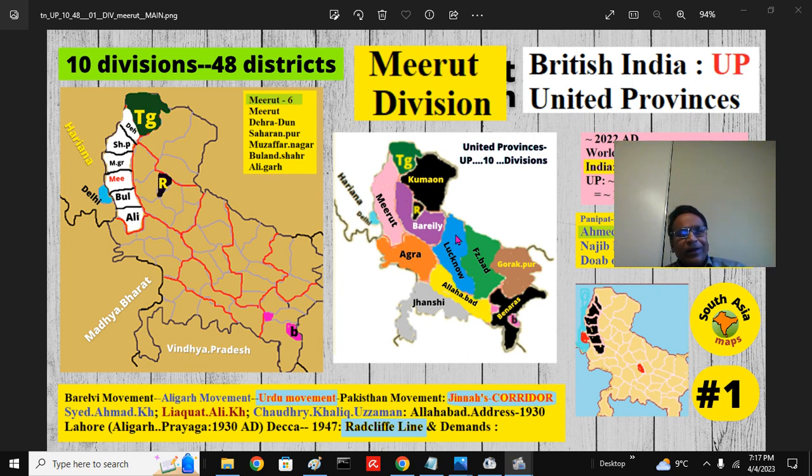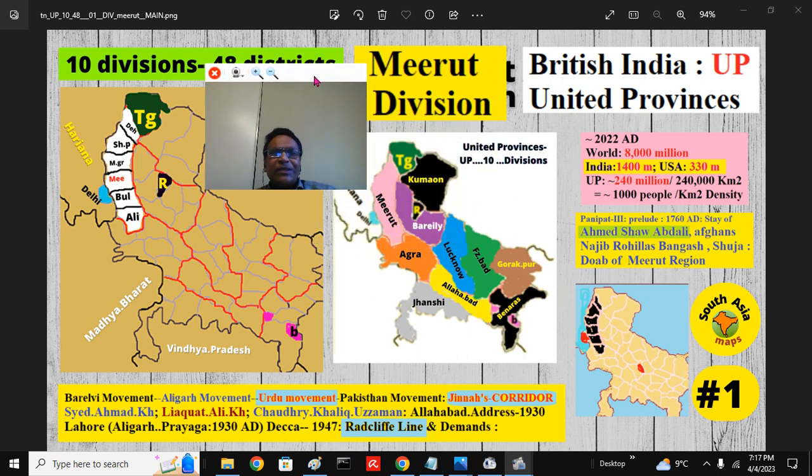North of the Ganga River, again you can get 4: the Bareilly division, Rohilkhand, and Lucknow division, and Faizabad, and Benares. You got almost 8 here. Then remember Gorakhpur bordering Nepal, and Kumaon division, you got 10. So very easy to remember these 10 divisions. We covered the Meerut division, it's 6 districts today.